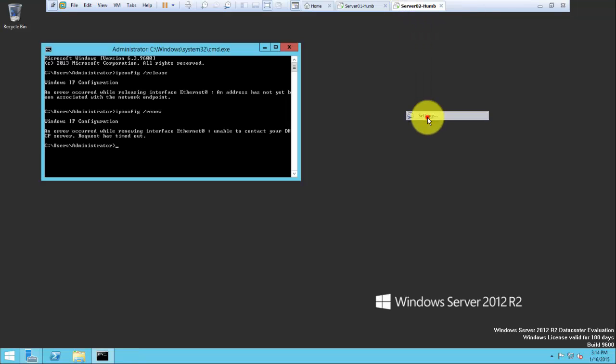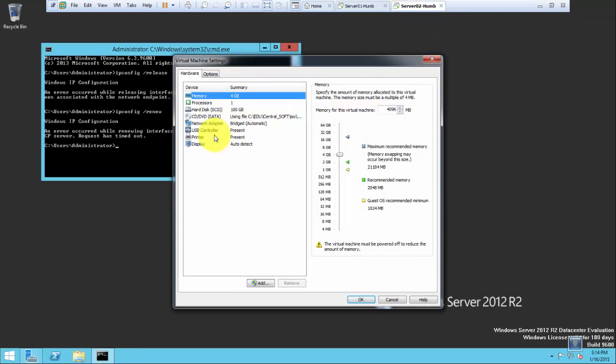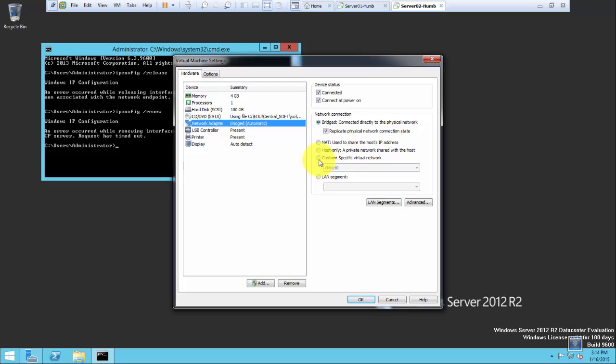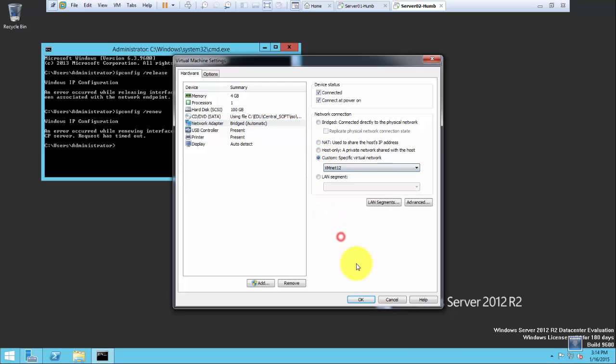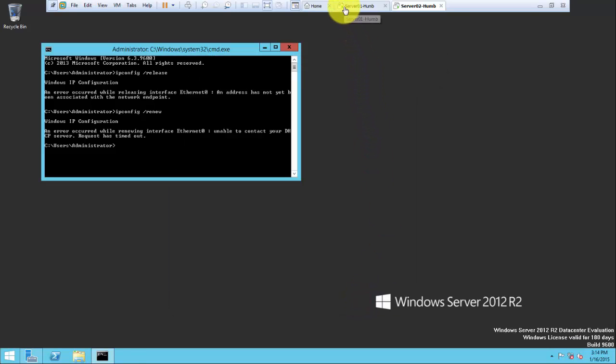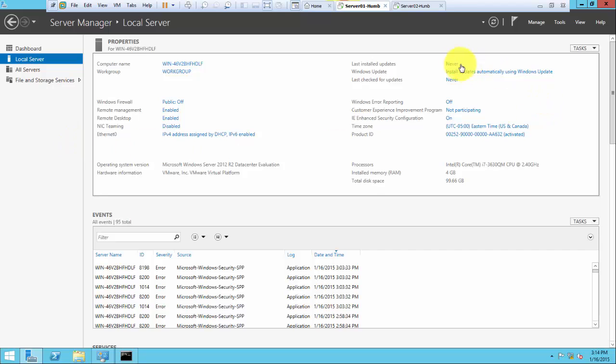I'll go to the second one and then connect VMnet 12 so they could be reached from within this network. Press OK,